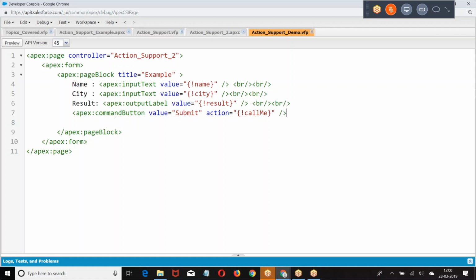So this is the basic example that we have given. Click on preview.